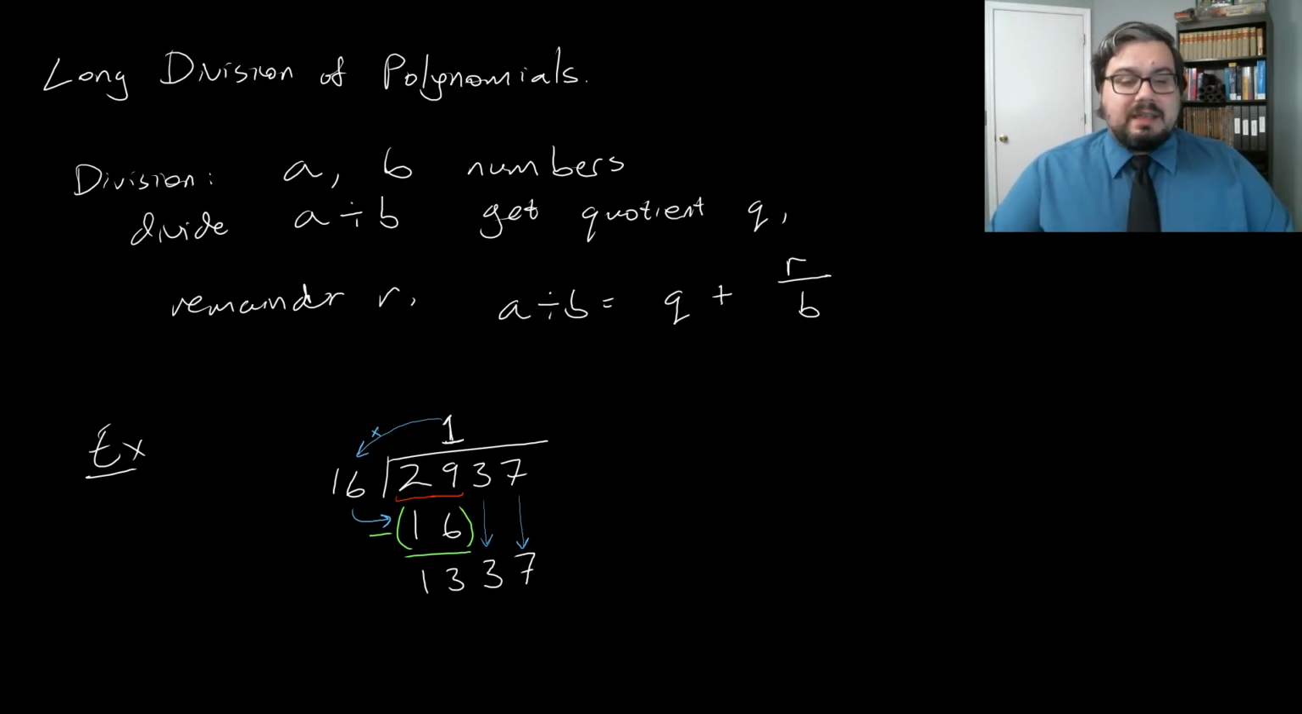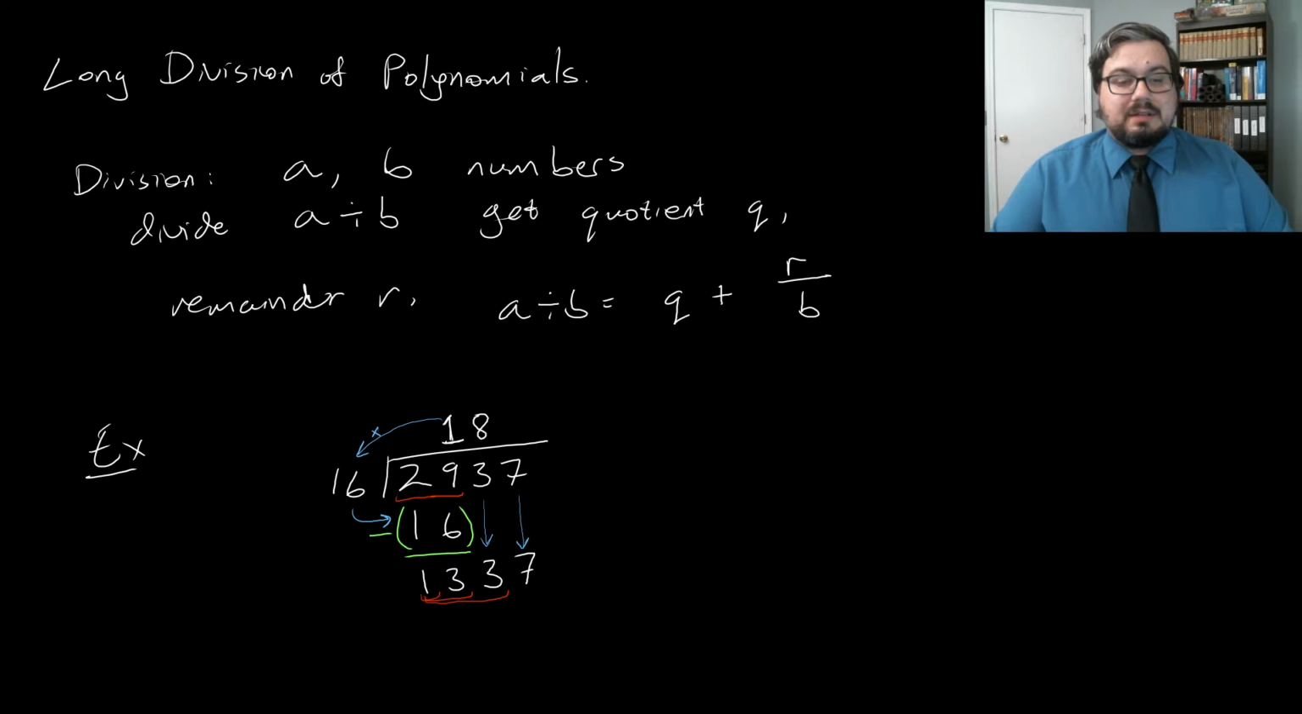Next, we say, all right, well, how many times does 16 go into 1? It doesn't. How many times does it go into 13? It doesn't. How many times does it go into 133? And it turns out that it goes into 133 8 times. So we put an 8 over the last digit that we had there. And we say, all right, well, 8 times 16